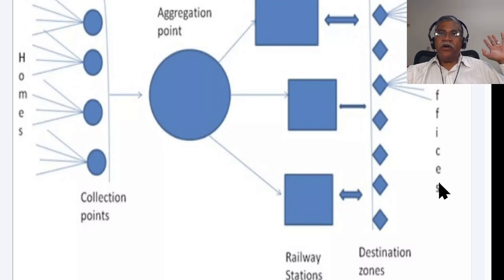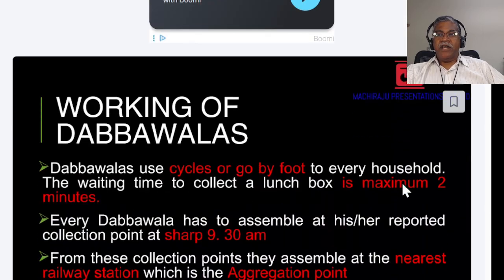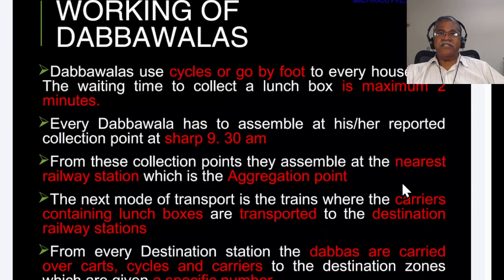None of these guys have their own vans. They basically use hand carts, so it's just physical muscle. And it's still going on. I suspect the influence is a lot less now because you can just go down the street and get something to eat. So they either carry this stuff on foot, or there are bicycles where on the carrier side they've got things where they hook these boxes, the lunch boxes.